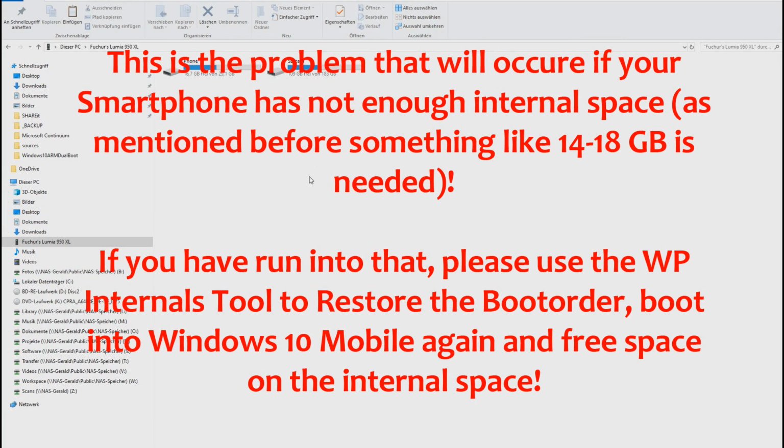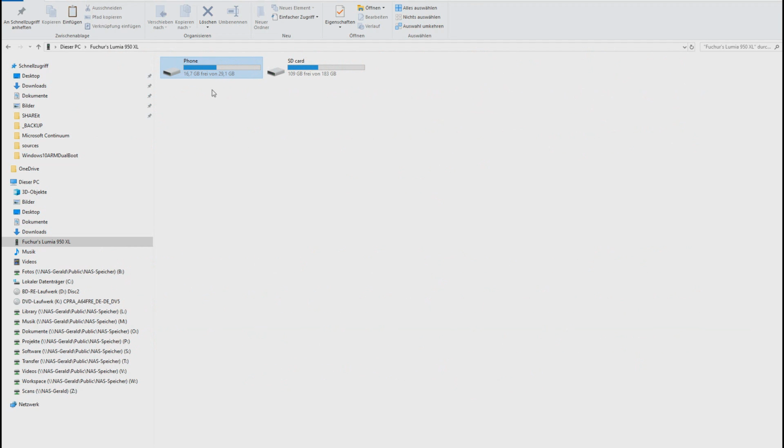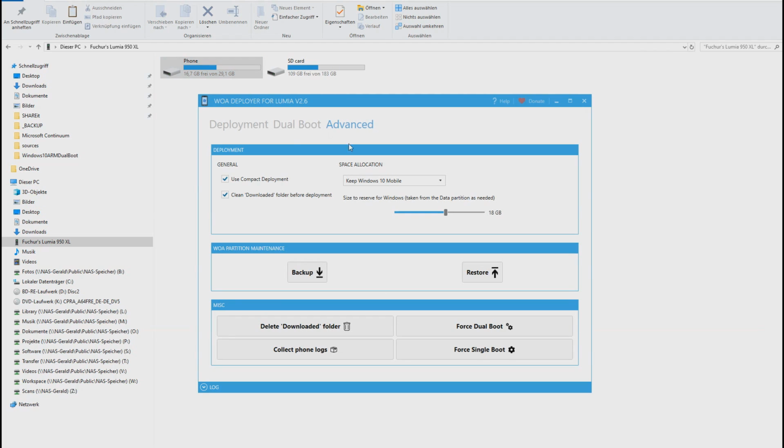Okay, so I tried my best to get as much disk space free on my phone itself, and as you can see, the most I could do was 16.7 gigabytes, which are free now. I probably will try to go with something like 14 gigabytes, if at any way possible, if that would be enough. There were no informations I can find about that, so the deployer doesn't tell me anything other than, okay, you can go down to 10 gigabytes but nothing less, and I will try it with 14 gigabytes